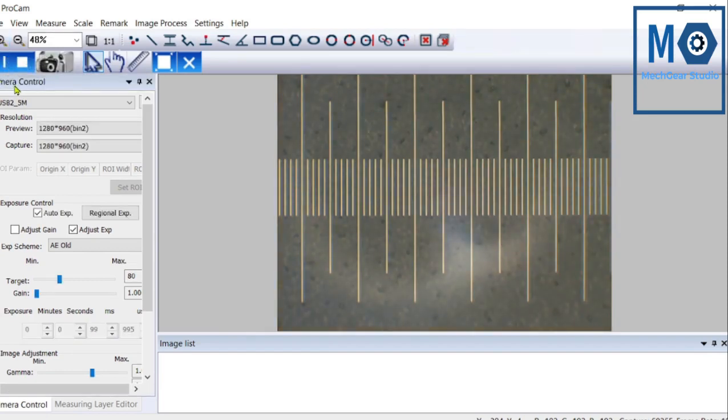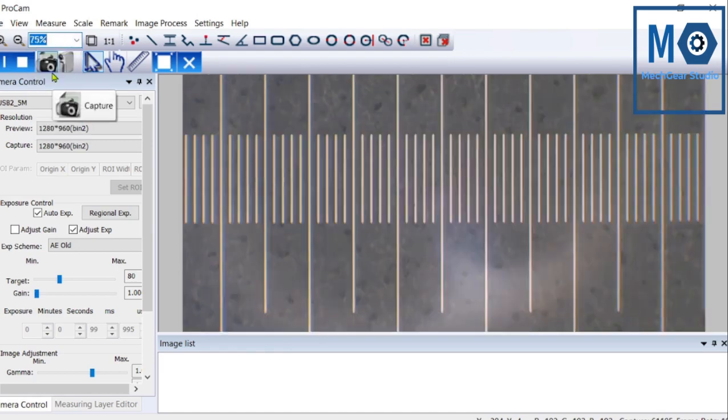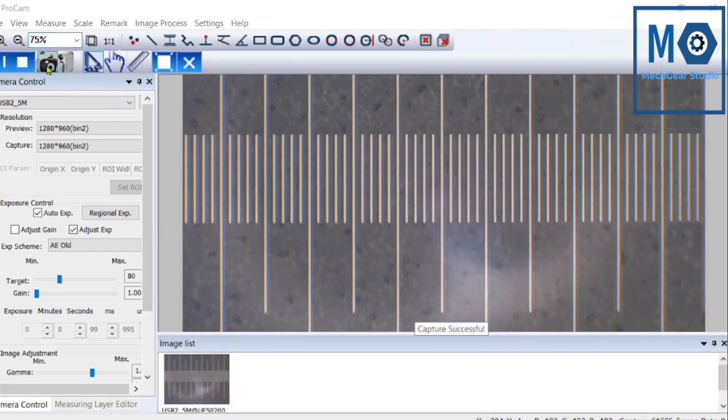This is continuously available video. We are not moving slide as well as not moving camera, so it remains steady, otherwise it is continuously playing video. We can capture by this capture tool, and we can record by record tool. Two tools are provided.